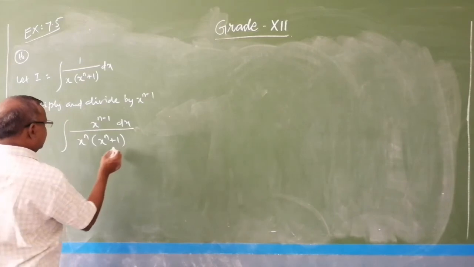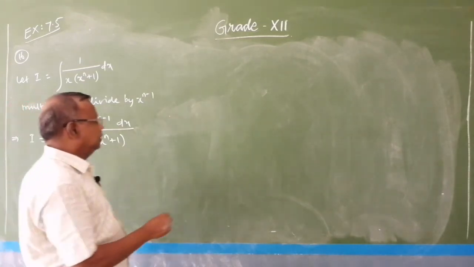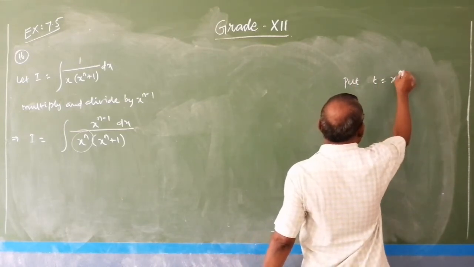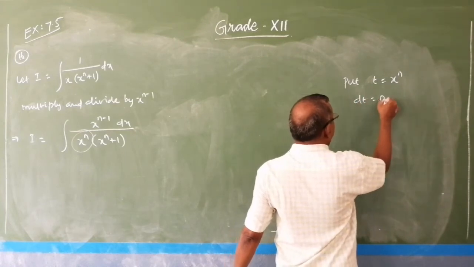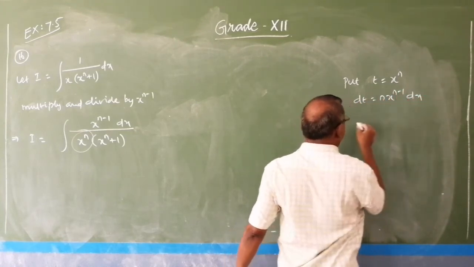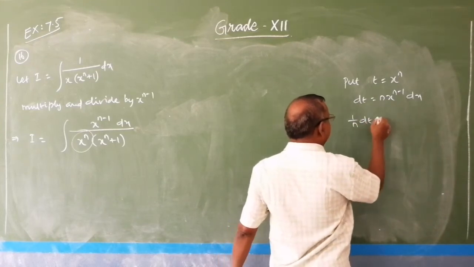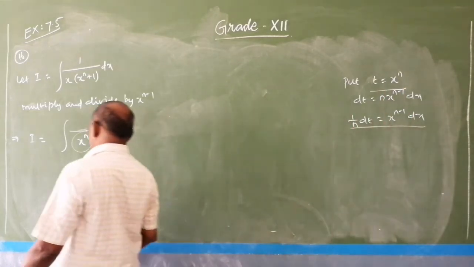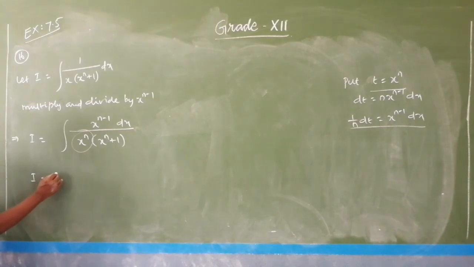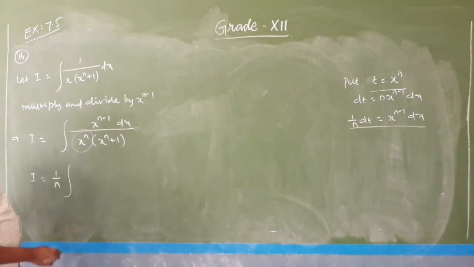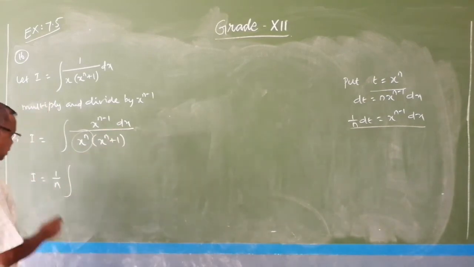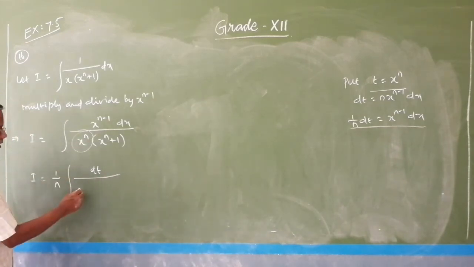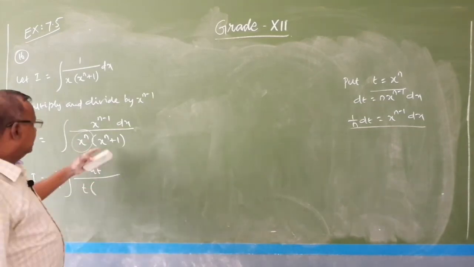Now, we need to substitute for x power n. Put t equal to x power n. So, dt equals n into x power n minus 1 into dx, or 1 by n into dt equals x power n minus 1 into dx. So, we can substitute these terms here. We have I equals 1 by n integral, the numerator x power n minus 1 into dx equals 1 by n into dt, and the denominator is x power n, meaning t, into x power n plus 1,